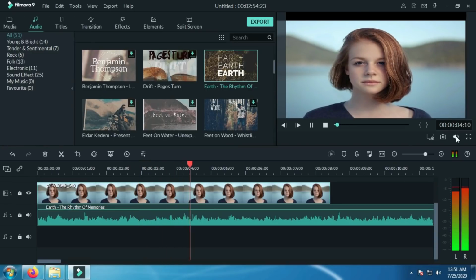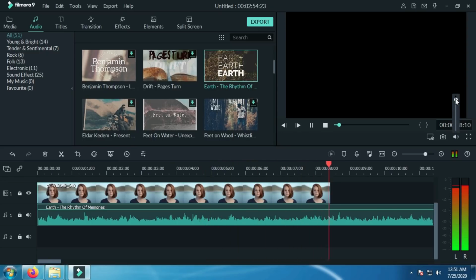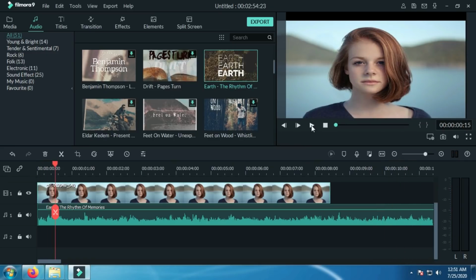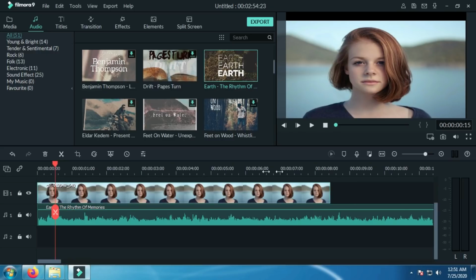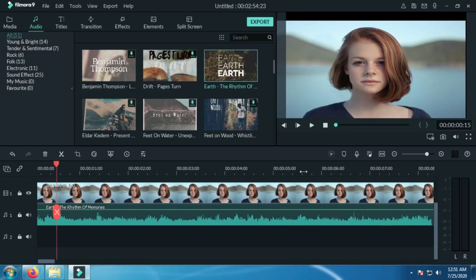So you can increase or decrease the volume of your audio. Okay, this is the timeline zoom in zoom out option. See, you can zoom in or zoom out. See, audio meter option.